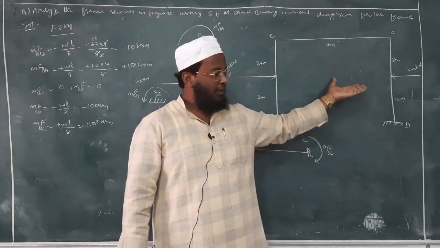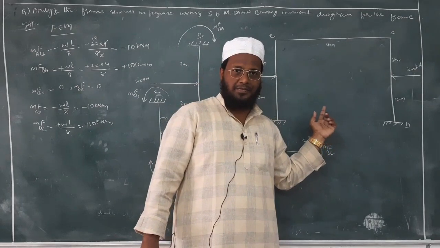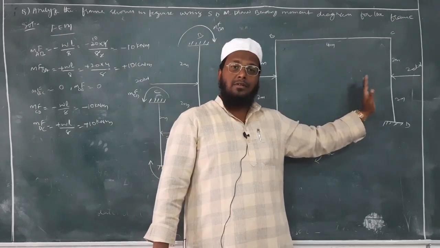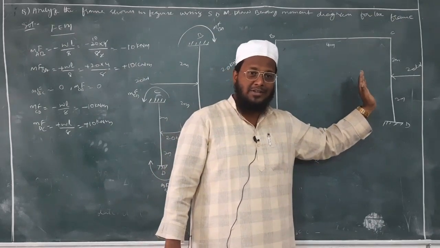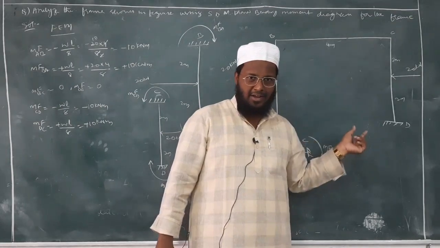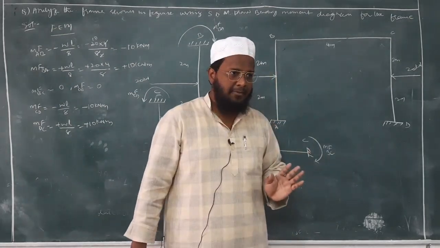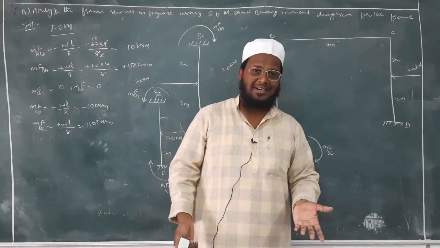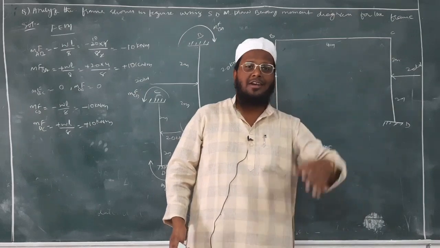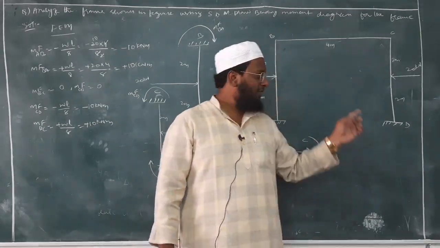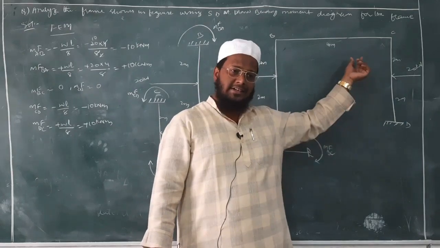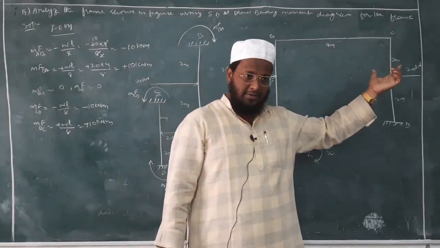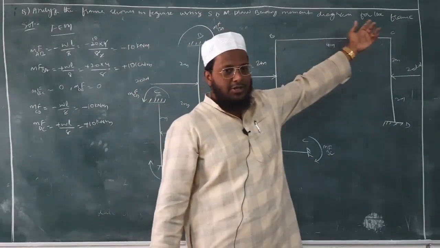And in the same problem, you can see we do not have any EI values. EI, EI2, EI3, it is not mentioned over here. So by default, what you have to consider? You have to consider EI, EI, EI. Many times they will not mention EI. Because of that, some students think it is out of syllabus, or that if the question is wrong we will get full marks. It's not like that. If they have not mentioned, you have to assume that it is EI for all the members. Otherwise, they will mention it in the question itself.